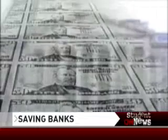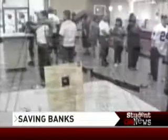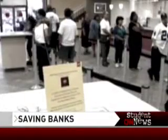One economist doesn't see any of these options really working. I think we have to keep the banking system alive, and there really isn't much of an alternative to doing it other than injecting capital and trying to generate some private capital and then working to fix the housing market